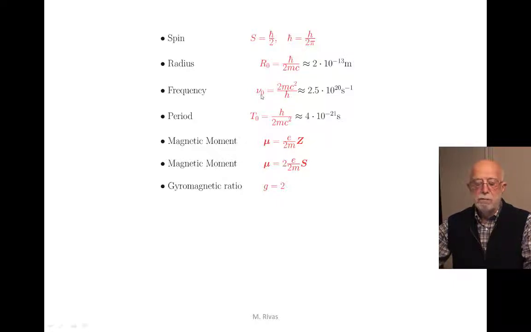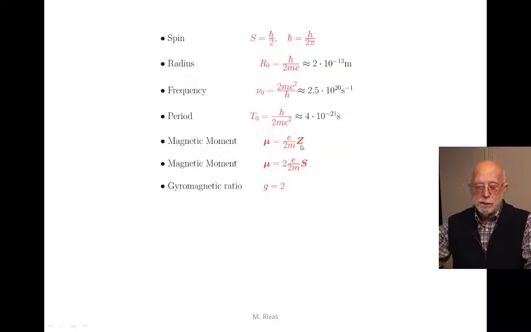The frequency, the number of turns per second, is 2.5 times 10 to the 20 turns per second. Or alternatively, the period is 4 times 10 to the minus 21 seconds. But because it is a point charge describing a loop, the current associated to this charge times the area of this loop produces a magnetic moment which is related only to the orbital part of the angular momentum z, but